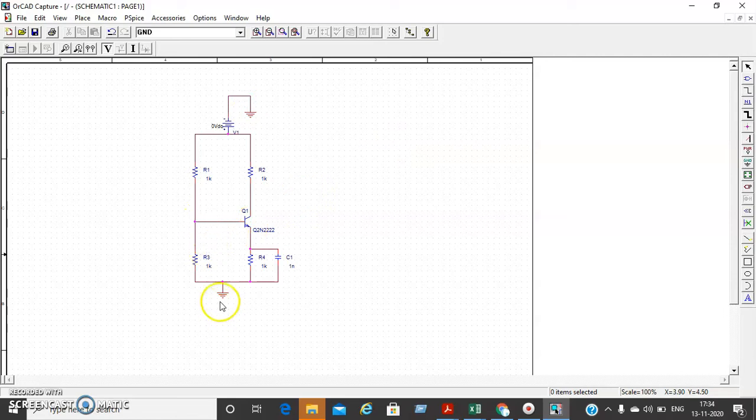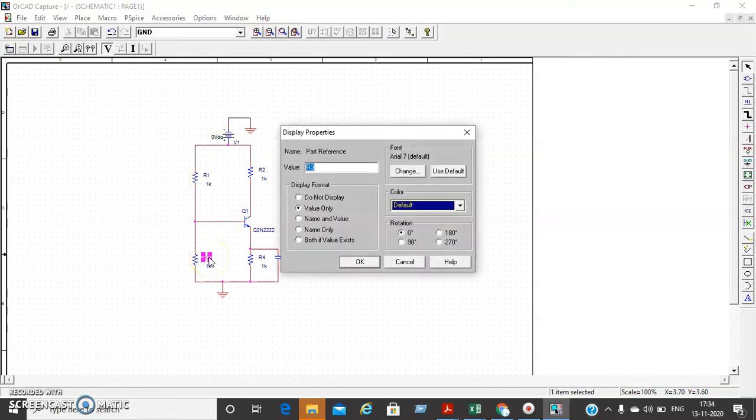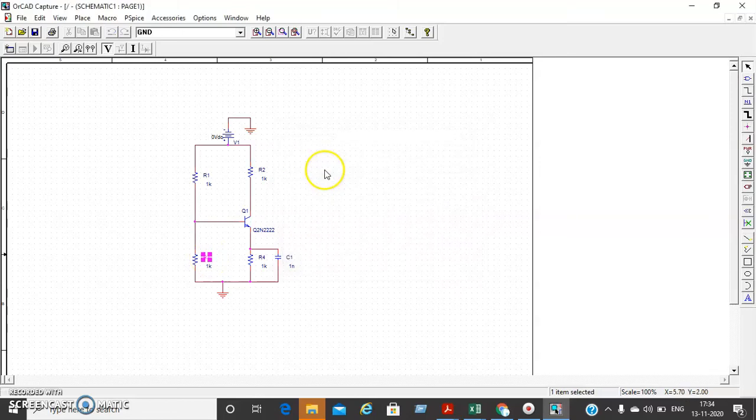So it seems this is short and this is long. For that you can do, I'm just dragging the thing. Is it okay? Now we are going to change the parameters. This is going to be R1 and this resistor is R2. Just double click over that. You can change the value as R2.